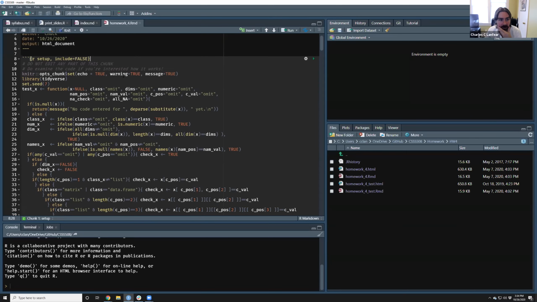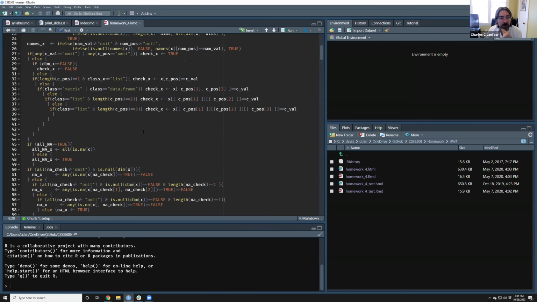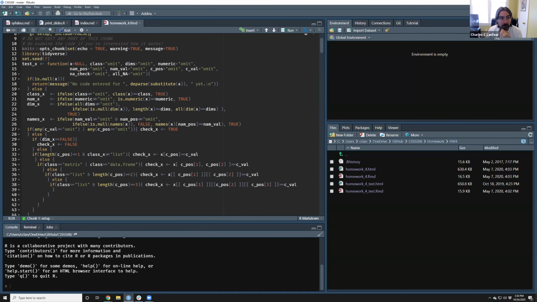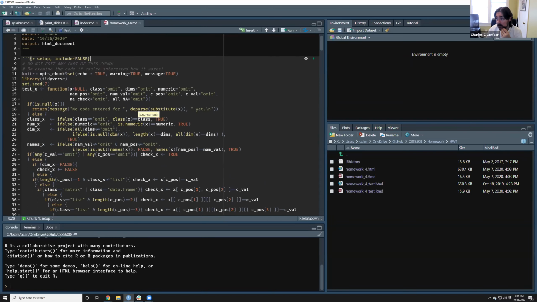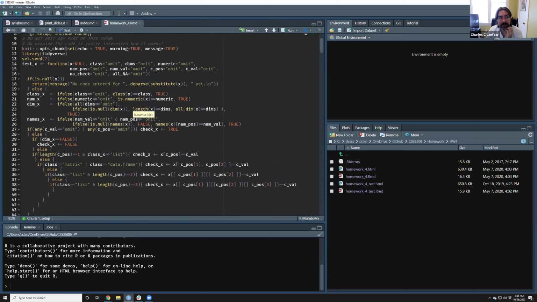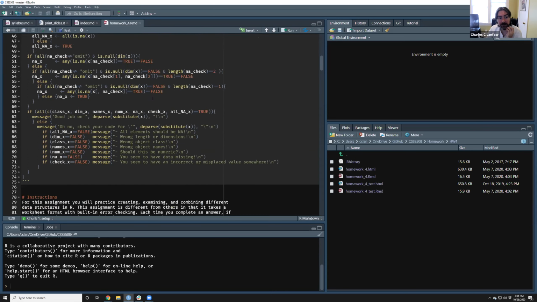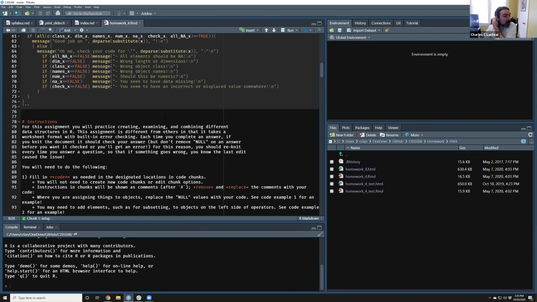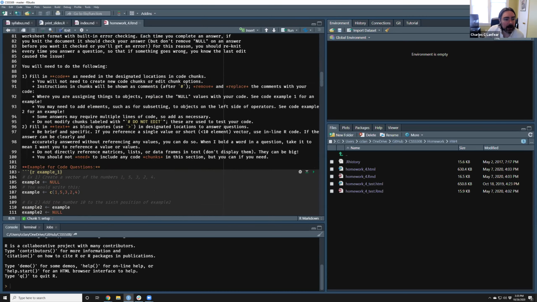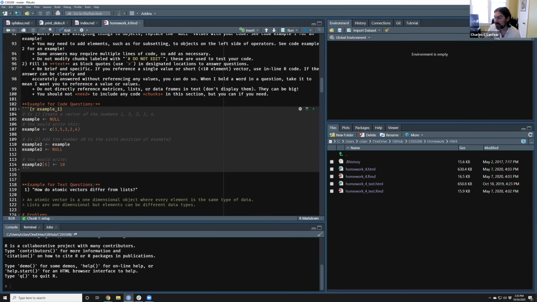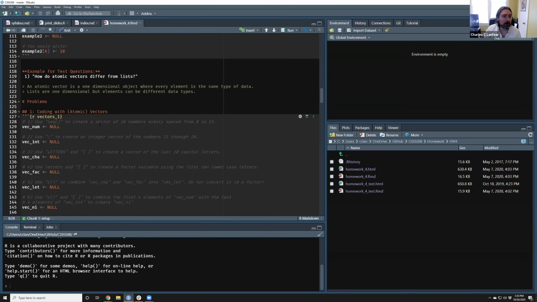If you haven't looked at this too much, you basically ignore this entire big chunk at the top. It'll look a little more sensible if you make it through lectures 6 and 7 in this class, which talk about writing functions and doing if and else type statements. This is basically a big ugly function that checks all the answers in the homework when it runs later. So this is how I'm checking the answers later. Okay, I'm going to go through these one at a time, mostly soliciting answers out of y'all. If you get stuck on anything, I'll fill in.